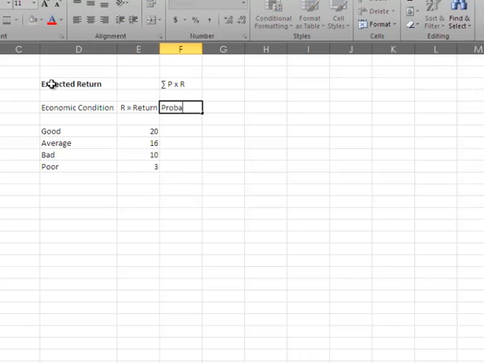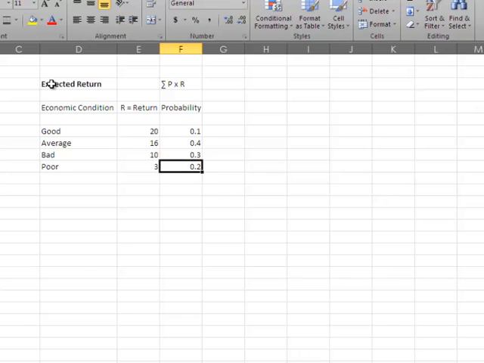Now probability for each of these economic conditions. The probability for economic condition to be good is 0.1. The probability for economic condition to be average is 0.4. The probability for economic condition to be bad is 0.3, and the probability for the economic condition to be poor